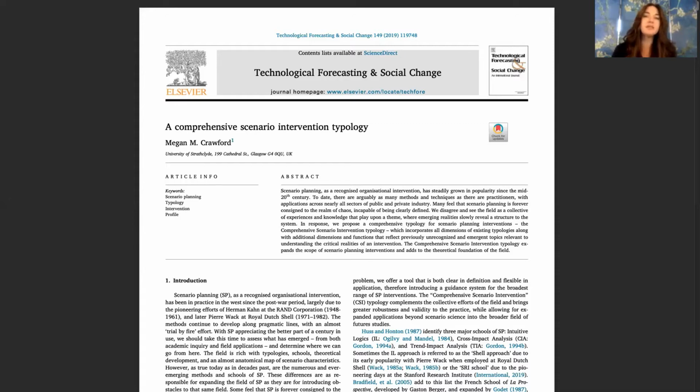And at this time, scenario planning is still cutting its teeth on building a solid theoretical base. So I thought this might make a helpful addition to the field's progress. One of the surprises for me, though, was that in researching this topic, I really expanded my knowledge of what a typology can be. And I just didn't realize at the time, until I started down that rabbit hole of research, how homogeneous my exemplars were regarding typologies.